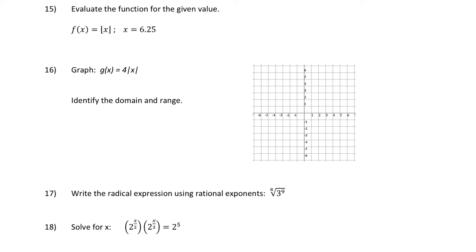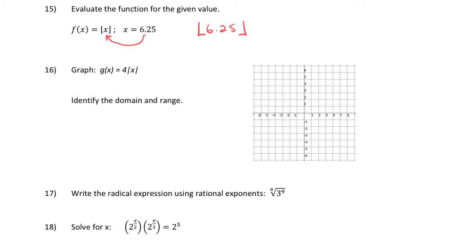All right, so number 15, we have what is called a floor function. F of x equals, and do you guys see this notation right here? Looks like bars, and there's just a little piece on the bottom right there on each side. That's a floor function. What that means is any number that we plug in for x, so we're going to plug in a 6.25 in for the x,